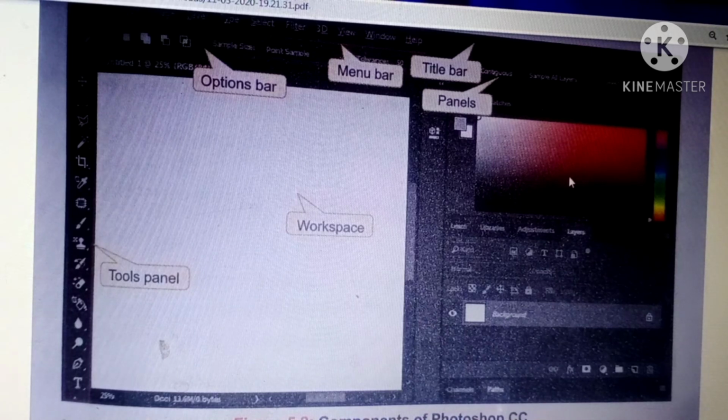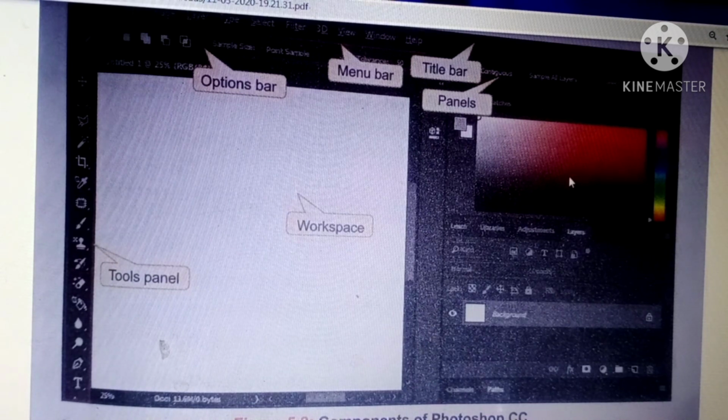This is the separate area of the panel. Photoshop offers various panels that can be grouped, stacked and docked. You can change the panels and set them as you like. Tomorrow I will send you a link to a reference video, and you can see how to do all the settings of the panel.